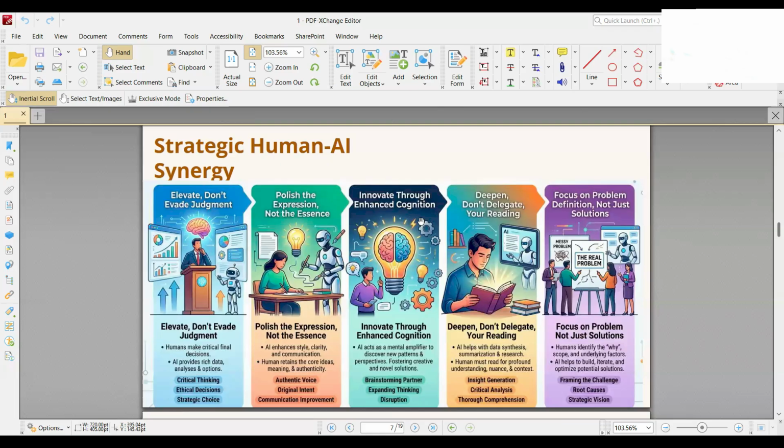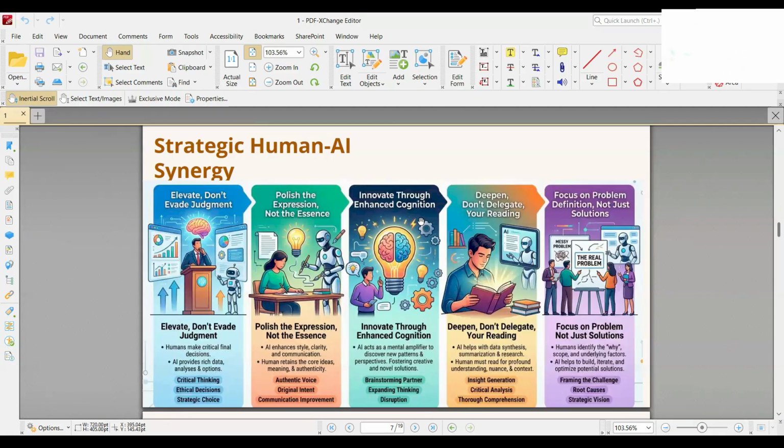By following these five core pillars, you can ensure that technology amplifies your capabilities rather than replacing your critical thinking. From these five pillars, the first pillar,